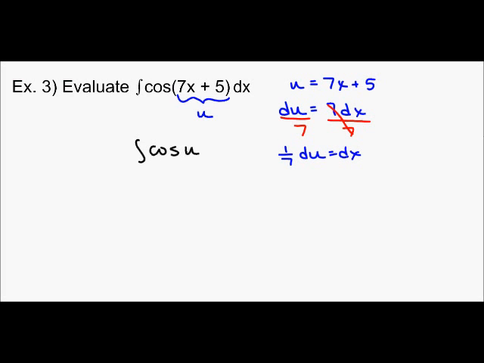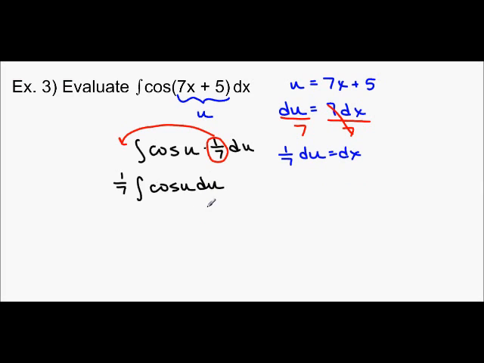So I do have the integral of cosine u, but then I have to multiply by 1/7 du. So the 1/7 du stands for my dx. Now, like before, I'm going to take the 1/7 to the front. So I have 1/7 of the integral cosine u